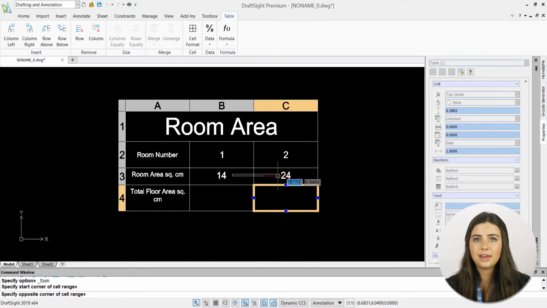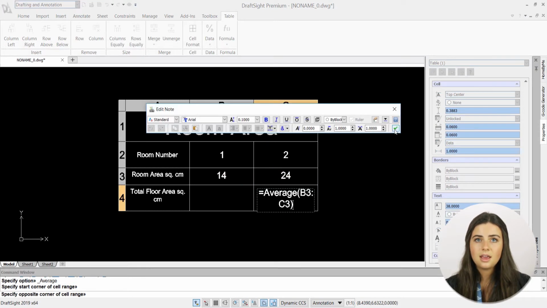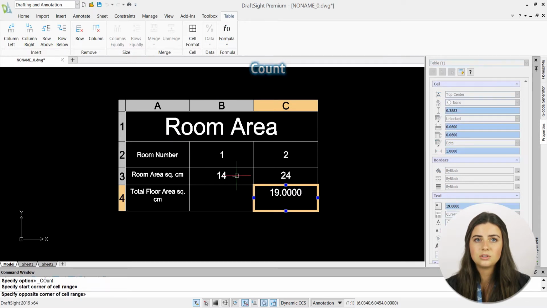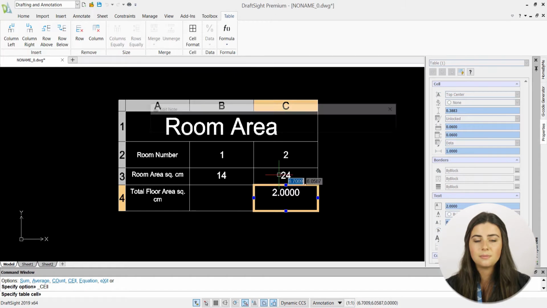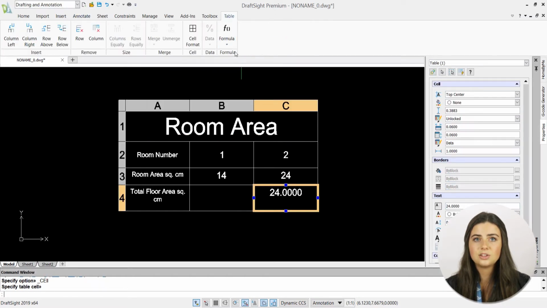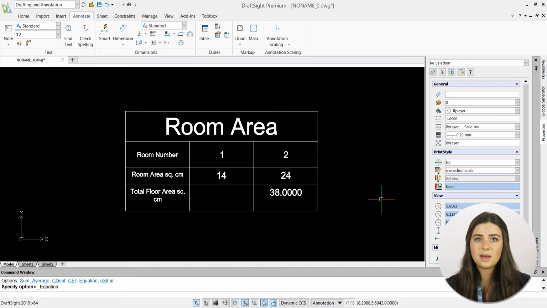Sum adds up the values of specified cells, average lists their mean, count defines the number of cells you select, cell labels the total value of a specified cell, and equation allows you to manually input a formula. You can also just double-click on a cell and type an equal sign followed by a formula to activate the equation command. Once a formula is chosen, DraftSight will prompt you to specify the cells involved by selecting them directly